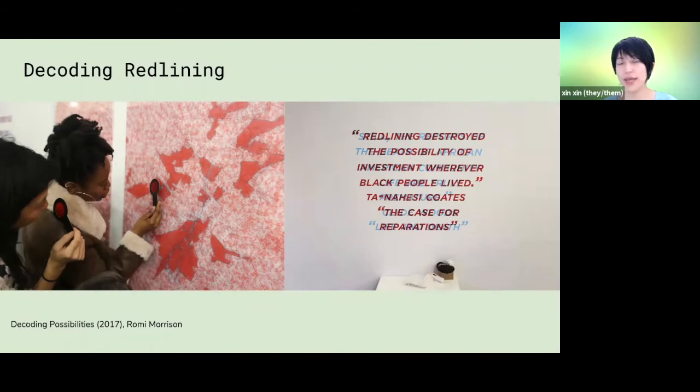For this project, Romy Morrison, who created it, was really interested in thinking about autonomy within the Black community in the context of redlining and segregation.